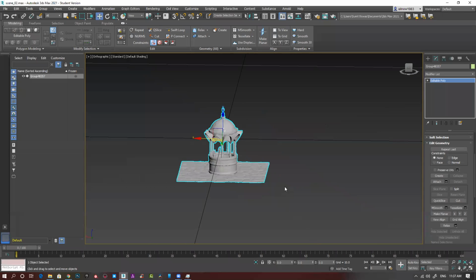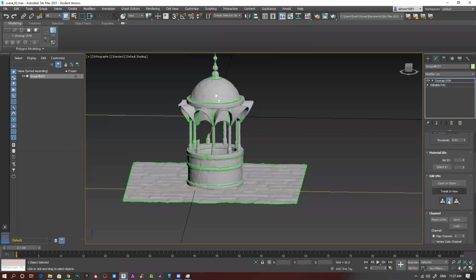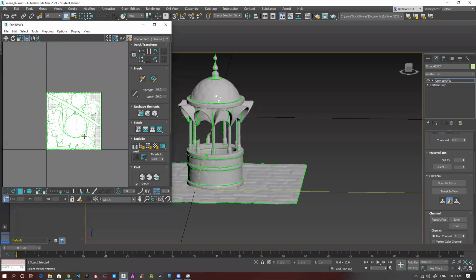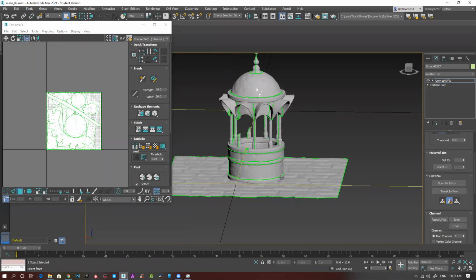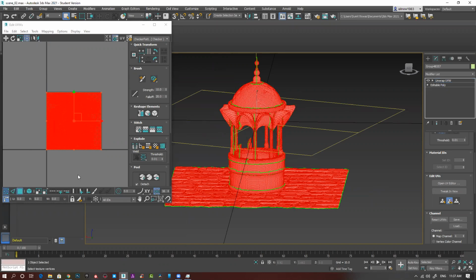So now I've combined everything nicely. Let's go to UV now. UVW, UV editor. So everything is combined like this. There are two, three ways. And now what I can do, this base is quite huge. Instead of using one solid UV for this thing, for the base I can use a separate UV, and for the rest of the thing I can use a separate UV, because the base is quite detailed. Or I can just simply select everything